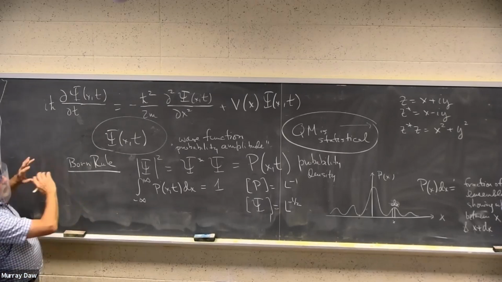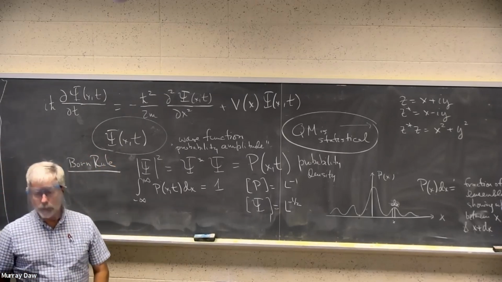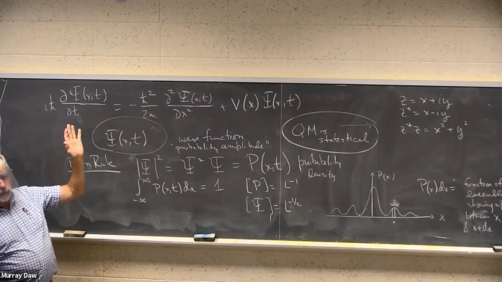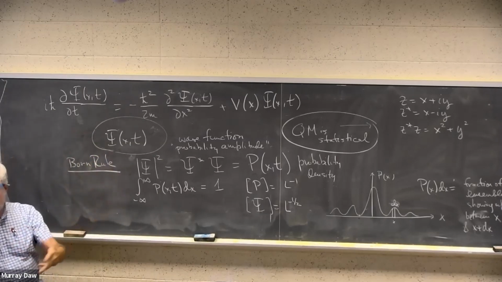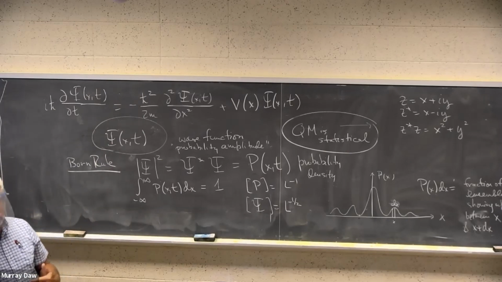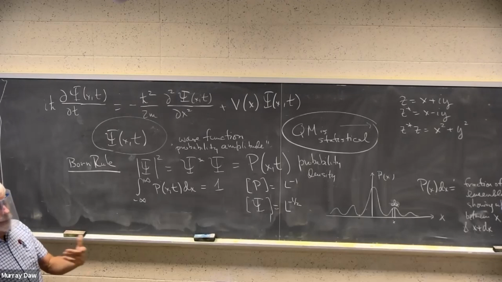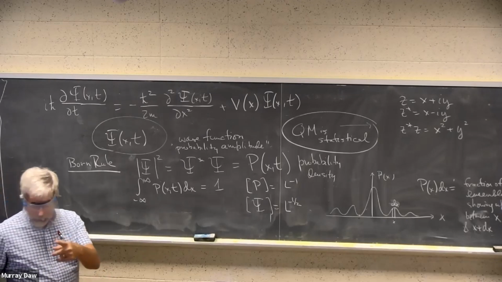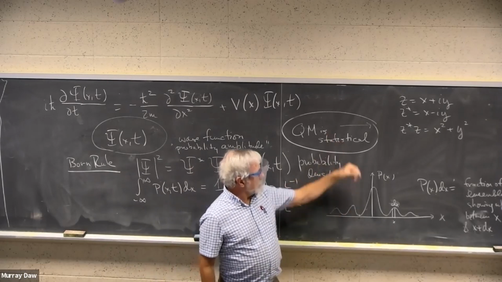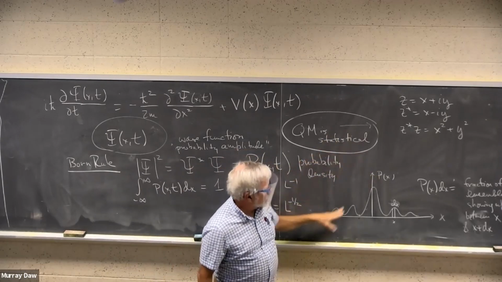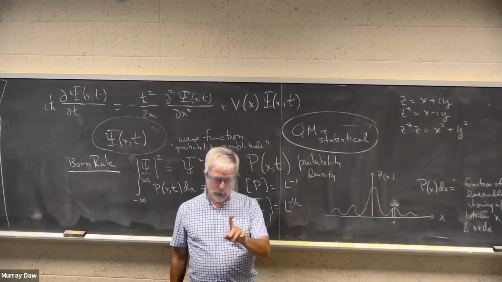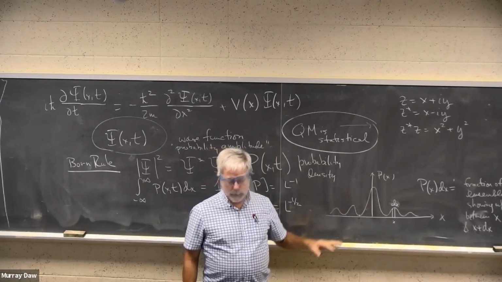All right, so this actually lays out quite a bit of what we're going to be doing. We're going to be looking at solutions to the Schrodinger equation for lots of different situations, discovering what kind of attributes the solutions have and trying to understand what they mean. Trying to extract from them things that can be measured. But the measurements are always going to be of this kind: collect a bunch of electrons and then make a probability distribution, for example. That's the experiment. Not just one, but the whole probability.